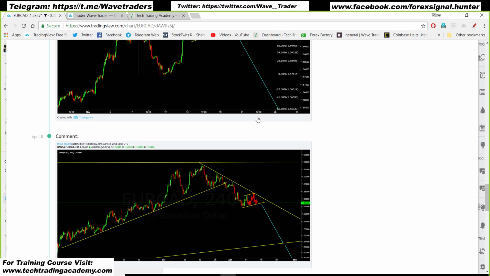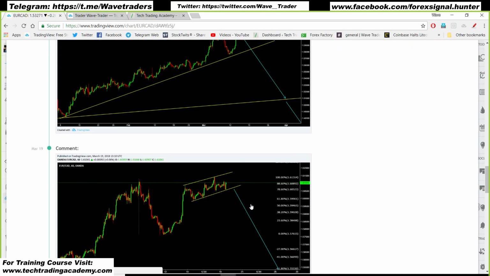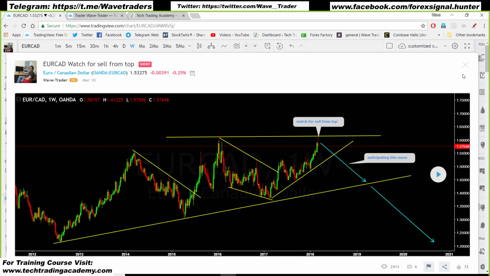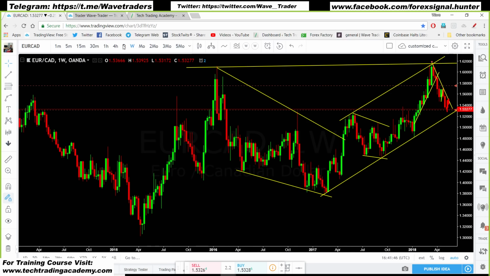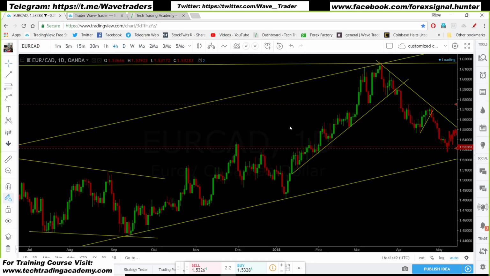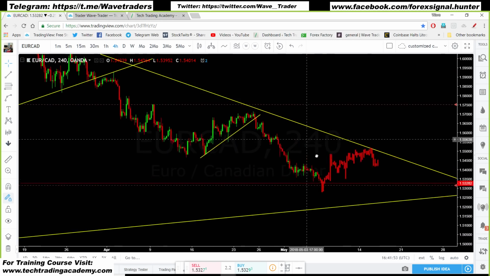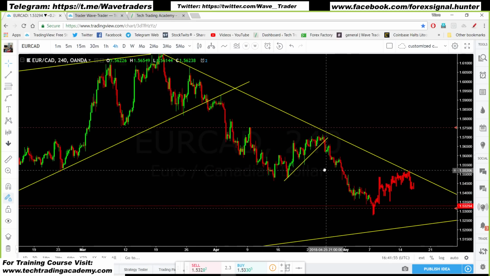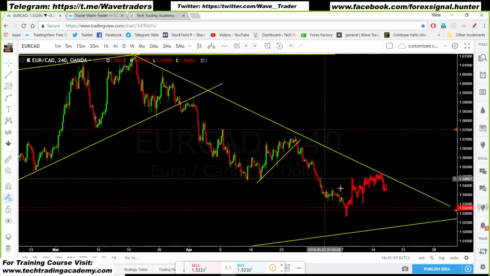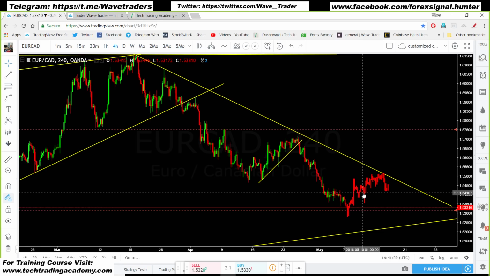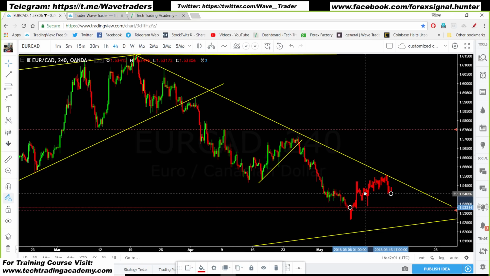All right, so I haven't updated that chart here, but similar correction. I have updated that chart in my group. So what you guys need to look for, similar correction. Currently the impulse is just appearing over there. So make sure if you are buying, be careful. Yeah, EuroCAD is not ready to buy yet. Okay, so that correction,